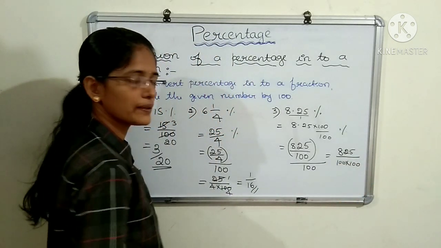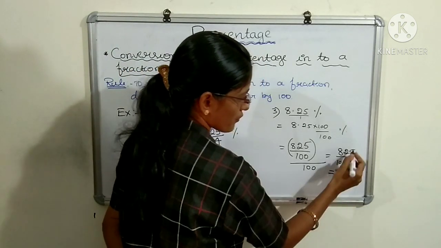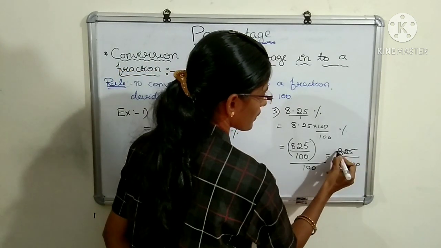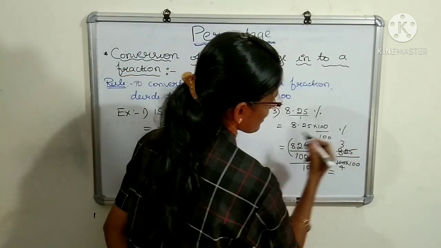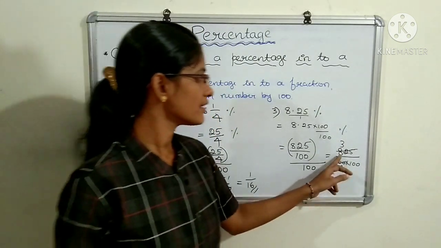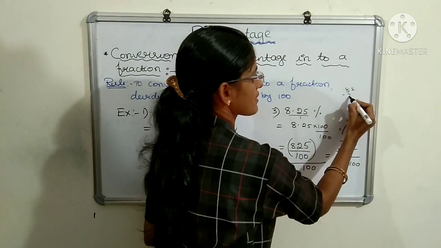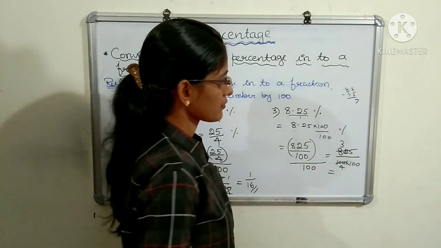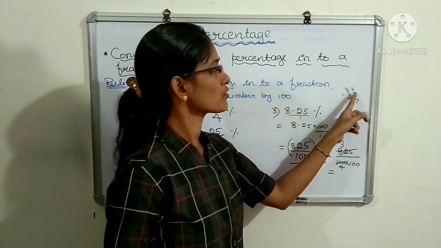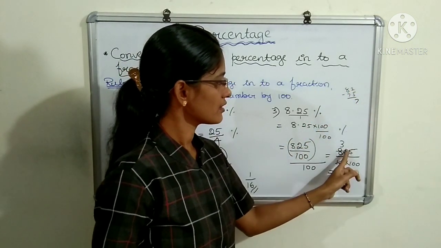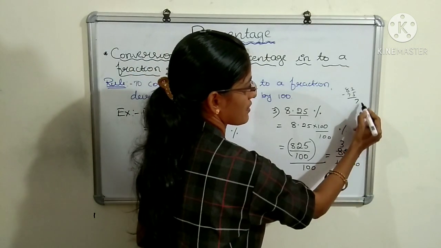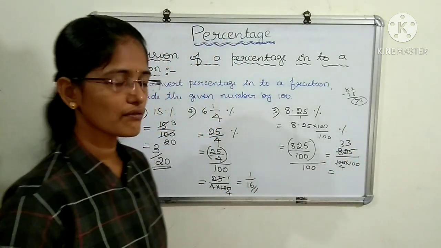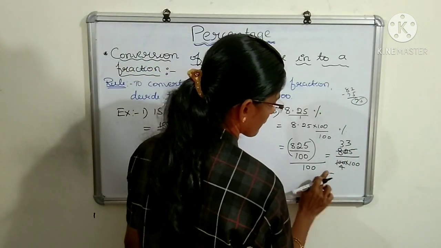How to simplify here? From 25 we can cancel. 25 4s are 100. Here 25 3s are 75. Here 82 minus 75, how much? 12 minus 5, how much, students? 7. So 82 minus 75 is 7. Here 75 is left out, 25 3s are 75. So the answer is